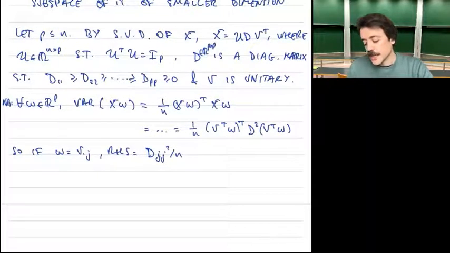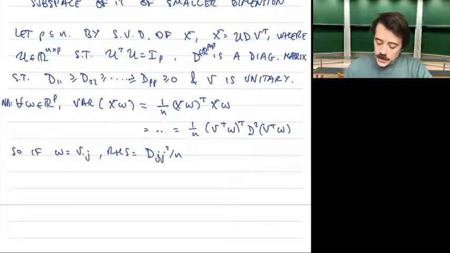That should be clear because V is a unitary matrix. So if this, then this happens. And in particular, this means that the variance